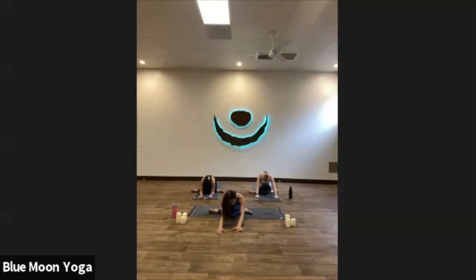Catch the floor. If you need to press the hands into the earth to reground your seat bones, you can. Found that round in the upper spine as you just passively hang heavy over the legs. Inhaling, begin to press back into your hands, restacking the shoulders over the hips. Bring the hands behind you, and then shift back on your seat bones, uncross the legs, stack both of the